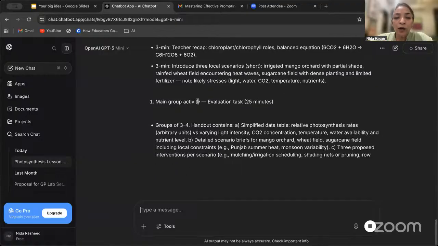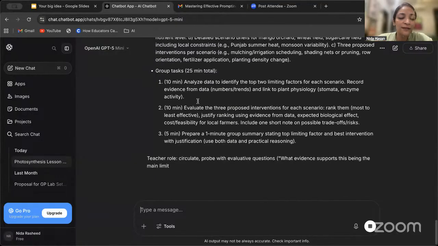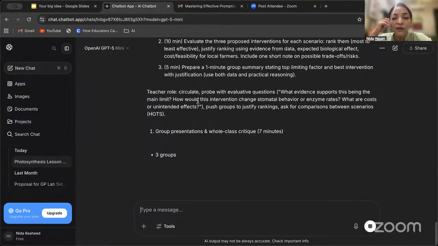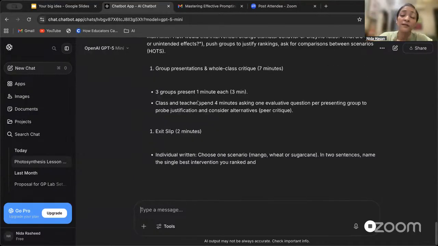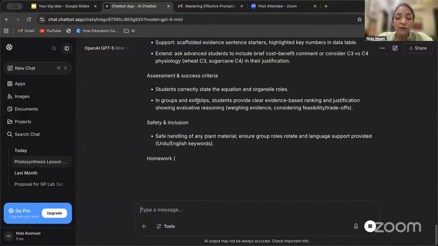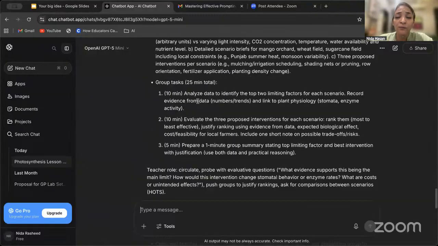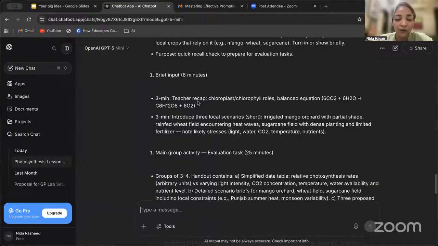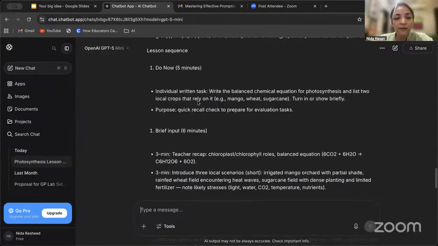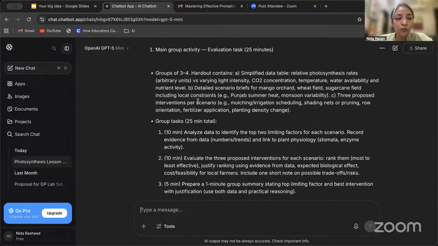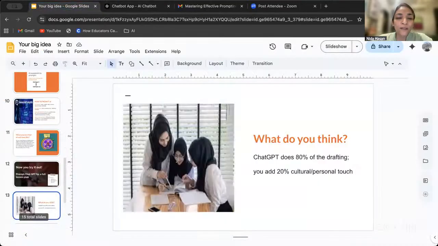So when you are a teacher, if we were to create this lesson plan on our own, think about it, it takes me quite some time. It's not that easy. Every time I sit down to create a lesson plan, the minimum it takes me is about 45 minutes to an hour, mostly more. But tweaking a lesson plan takes me about 10 to 15 minutes, and that saves me a lot of time. So this prompt,